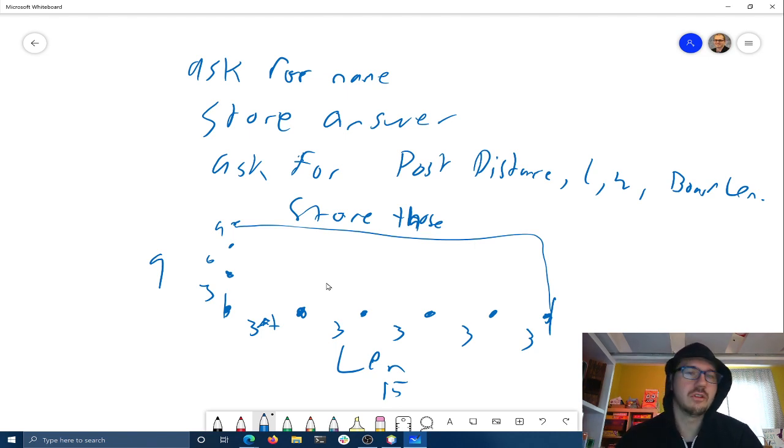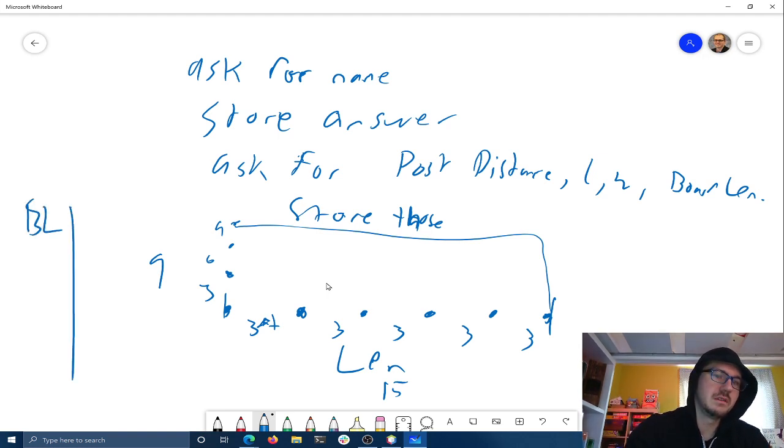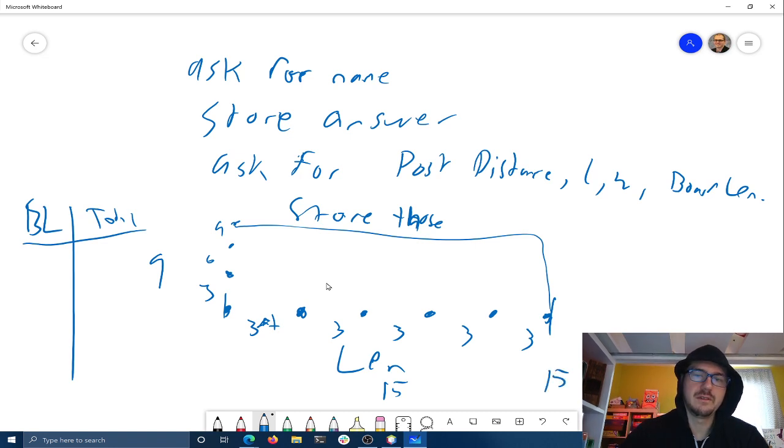So let's look at a couple different board lengths and see how that's going to affect the total number of boards. So board length here, and then total. Just for fun, let's shoot with some really big numbers. If the length is 15 and the width is 9, then the perimeter is 15 times 2 plus 9 times 2, right? So that's 30 plus 18, which is 48